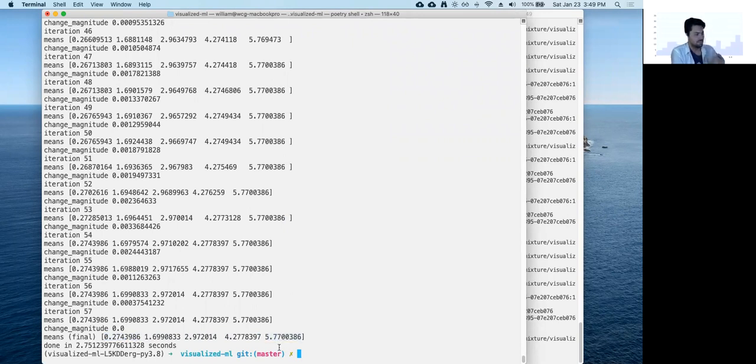I'm not going to go into Lloyd's algorithm too much, and I'm sorry I don't have a better example for this, but it's much faster to compute updates. As you see, the iterations here took probably 100 milliseconds or so, and the data set was just as big or even bigger than for the Gaussian mixture.